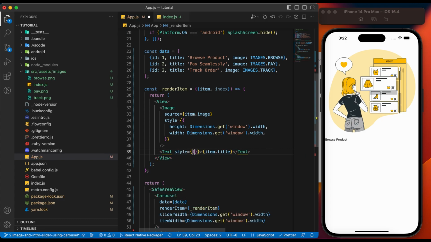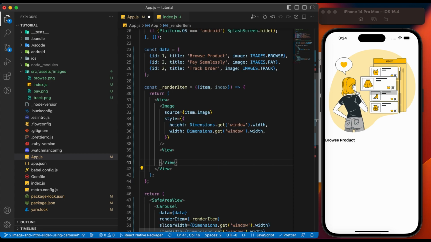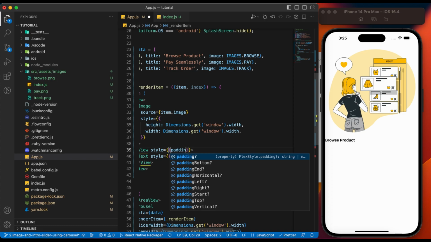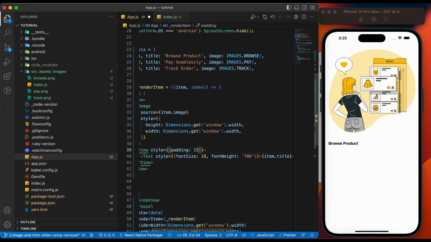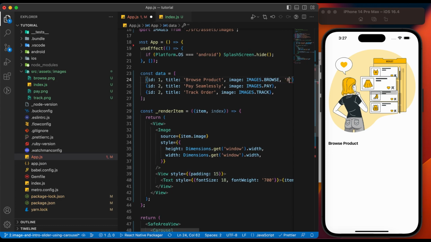Let's customize the title. Increase the font size. Make it bold. Add the padding. Now, we'll add the description in our data array.